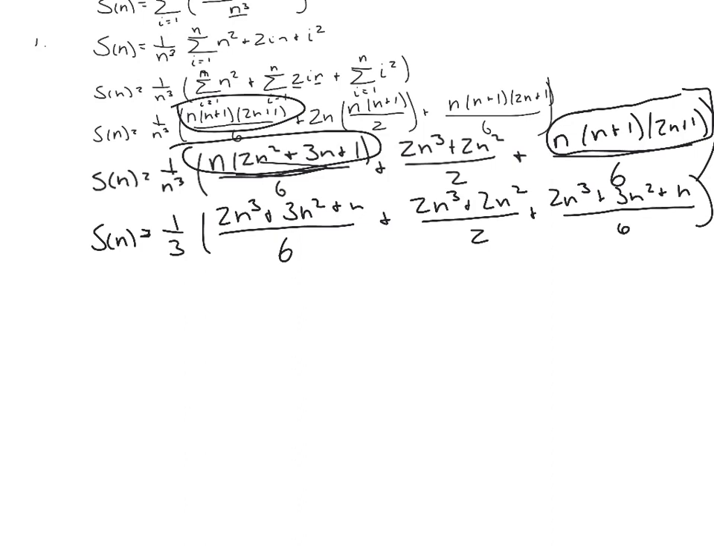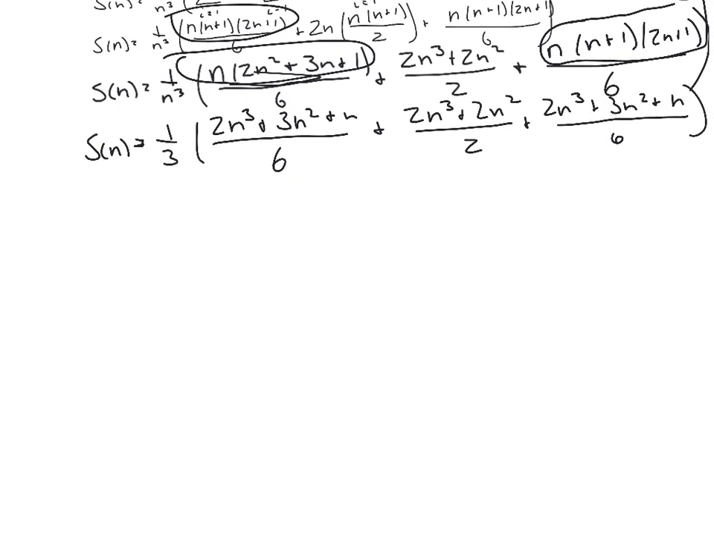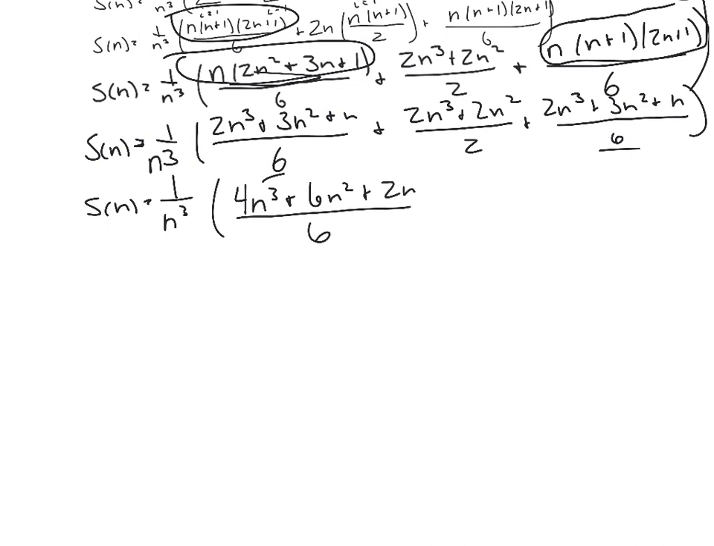So now I am going to move up one more time, and I am going to simplify this again. And I got S of n equals 1 over n cubed times what? Well, this and this have common denominators, so I can add those. So I'm going to get that. I'm going to add 2n cubed plus 2n cubed, that's 4n cubed. 3n squared plus 3n squared is plus 6n squared. And then n plus n is plus 2n, that's all over 6, and then plus,